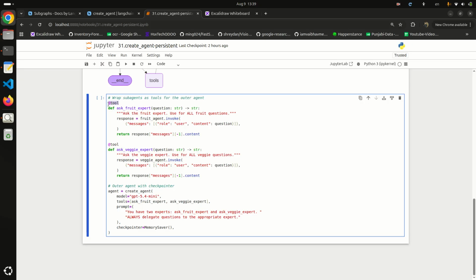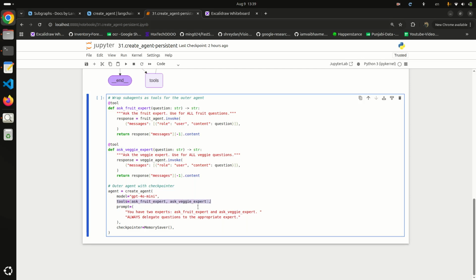Here we add the decorator, tool, and we create the function ask_fruit_expert. Inside the function we invoke the fruit agent, and similarly in the ask_veggie_expert tool we invoke the veggie agent, and this is our main agent. So we create another agent by using create_agent, and we use the same model, GPT 4o mini.